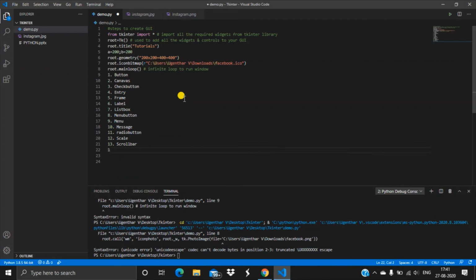Then there is another widget called Text. This widget is used to display text in multiple lines. And there are some other widgets like Toplevel, Spinbox, PanedWindow, LabelFrame, and tkMessageBox.